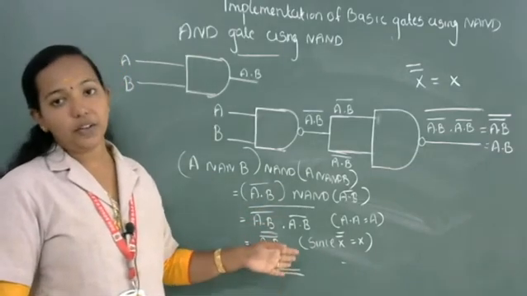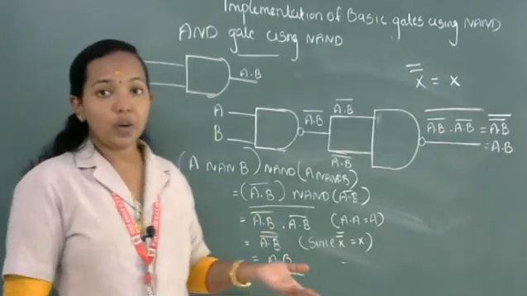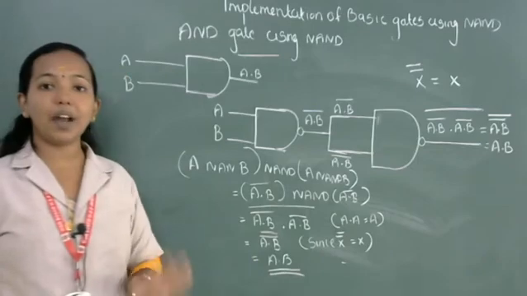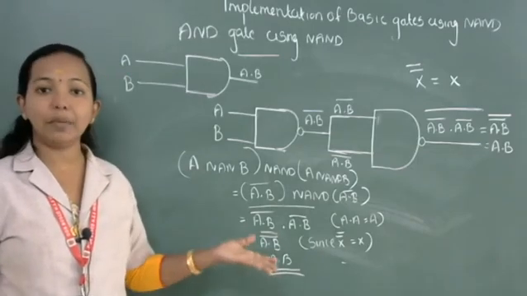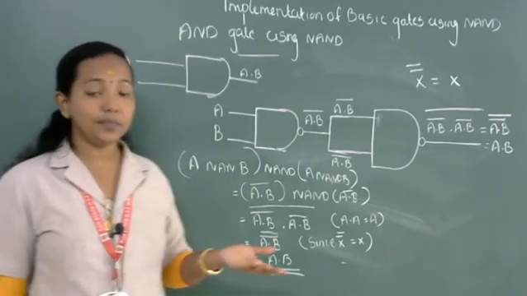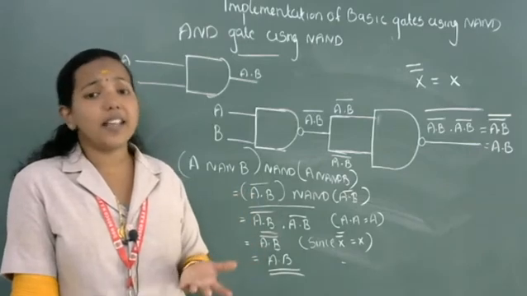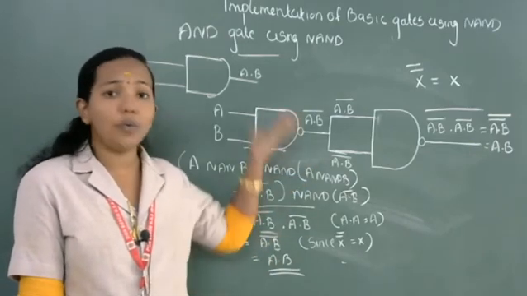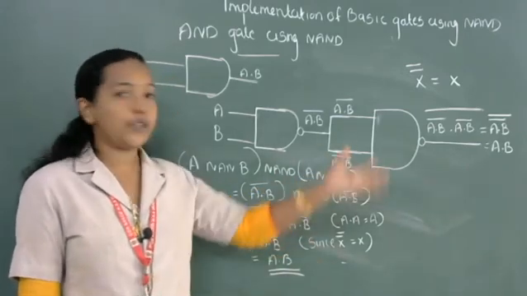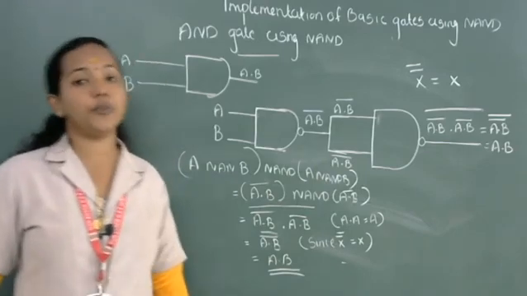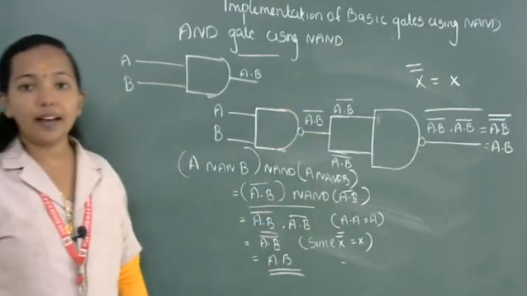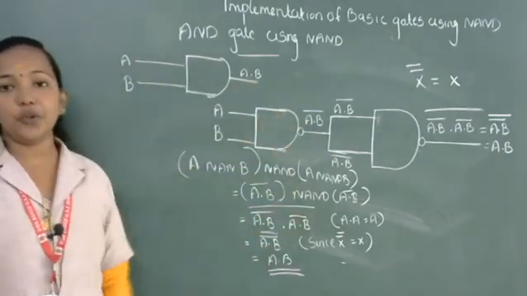Then the same we can prove using truth table also. When we are proving this using truth table, then also we will get the answer. But algebraic proof is very, very important. Instead of truth table, algebraic proof is good for the statement. Suppose you get a question, prove why NAND gate is known as universal gate. Then you want to prove all these, NOT gate and also AND gate. So first you draw the circuit diagram, after that algebraic proof. Algebraic proof is a must. So this is how we are representing AND gate using NAND gate.